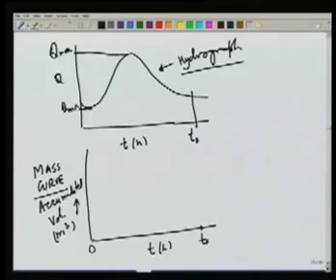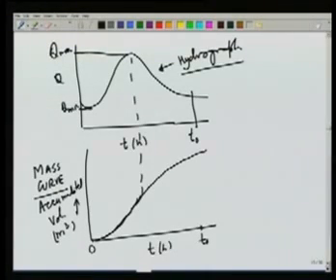So at time T equal to 0, the cumulative volume will be 0, and then as water starts coming in the river, the cumulative volume will be increasing. It will be increasing at a fast rate till the peak, and then the rate of increase will become slower as the discharge decreases. So we get a curve which is concave, then convex, then again it may become concave here,